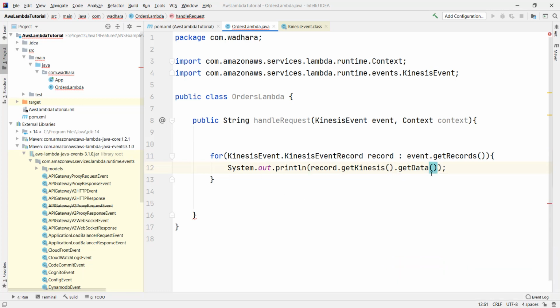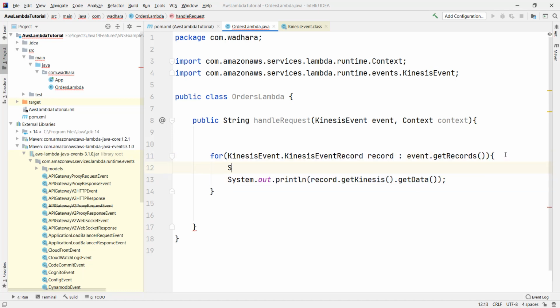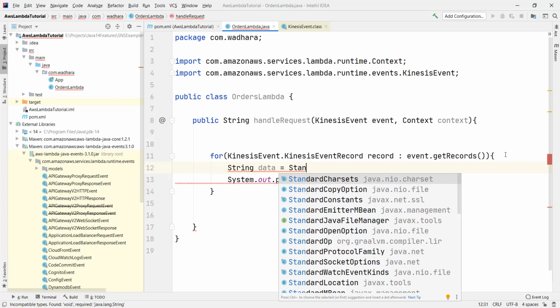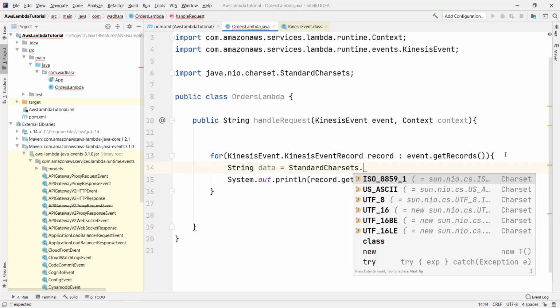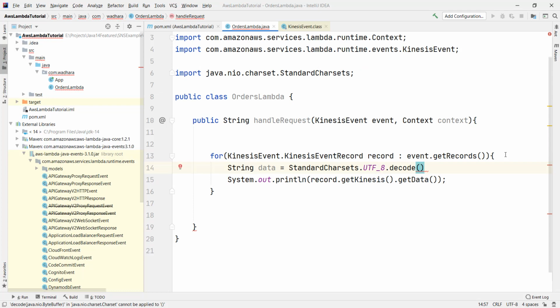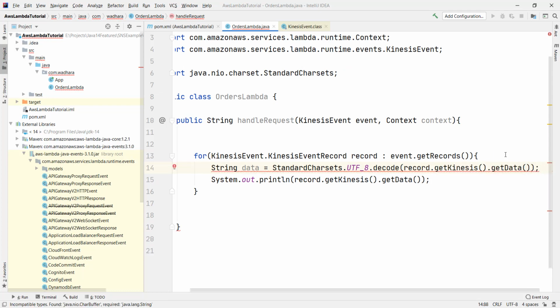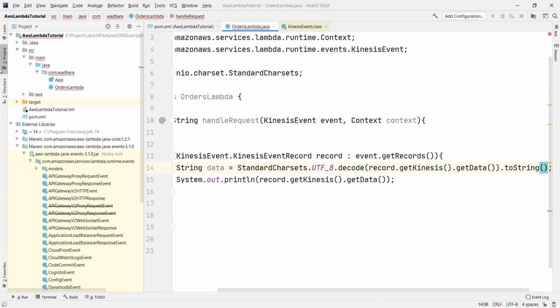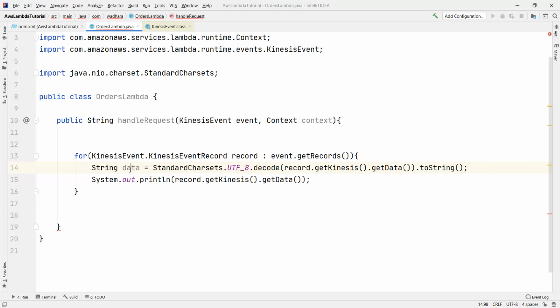If you remember, the data inside Kinesis is of byte buffer. We have to decode that. So I'll have data in toString now, and I can just pass that to my sysout.